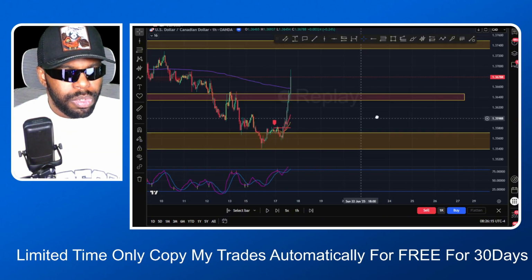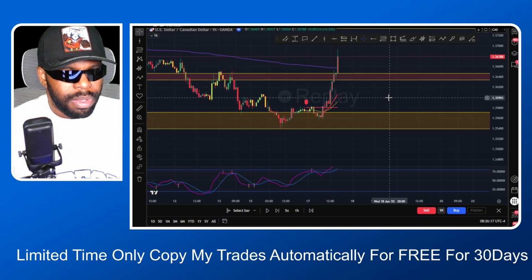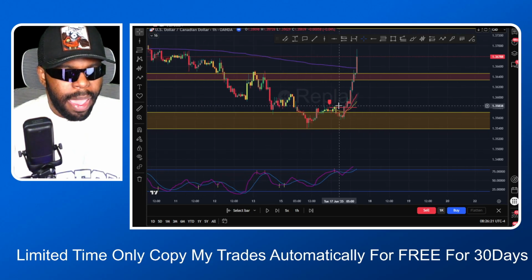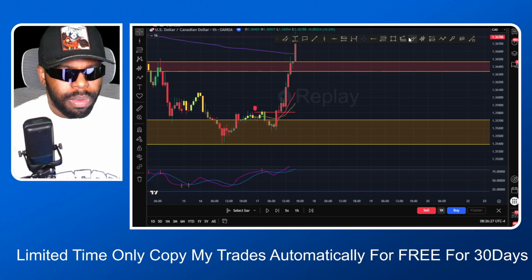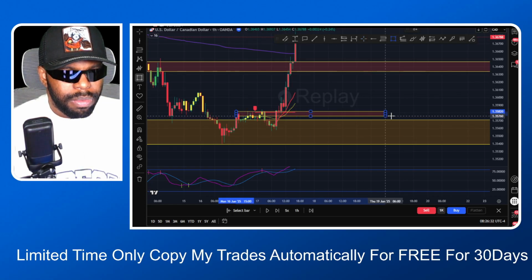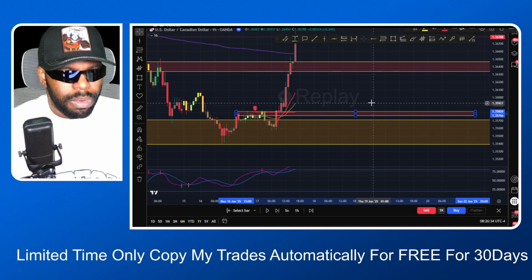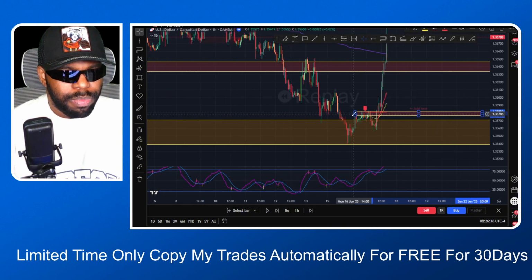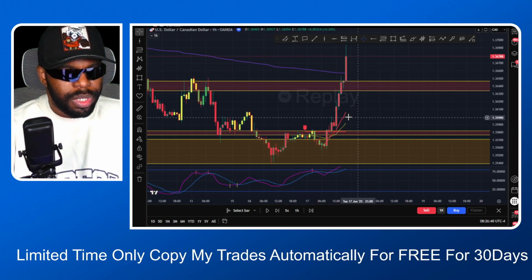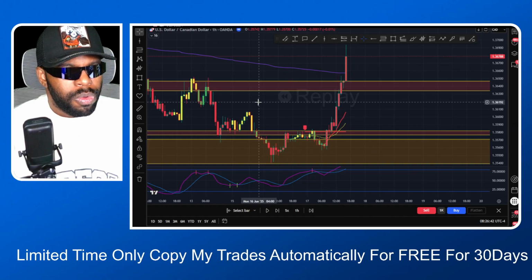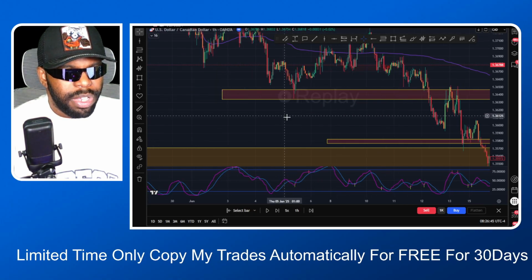Or we could have price pull back to this level here. This was the day before previous zone there. So we could see price pull back down here. Okay, so I got my potential zones, and as you notice, these zones are based off of previous